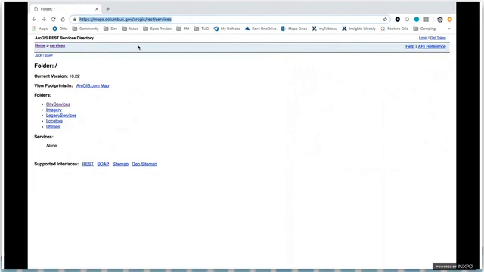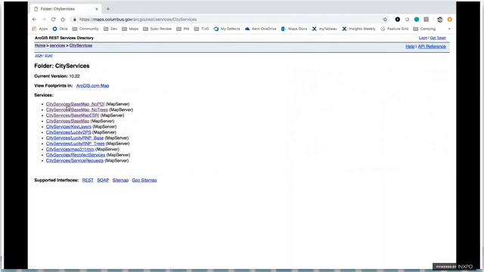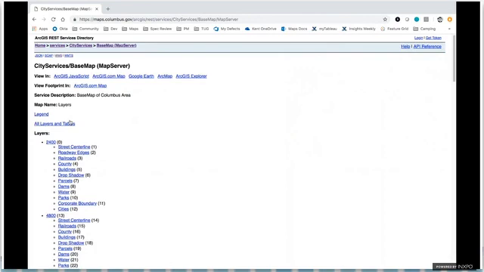So if you work in an organization that has ArcGIS installed, there are ways in which you can bring ArcGIS maps into Tableau, and I'll show you. Here I'm just navigating to a city-supported base map, and you can see that it has support for standards WMS and WMTS. You can connect to both of these maps in Tableau. I'm going to go ahead and connect to WMS because it has an easy, out-of-the-box